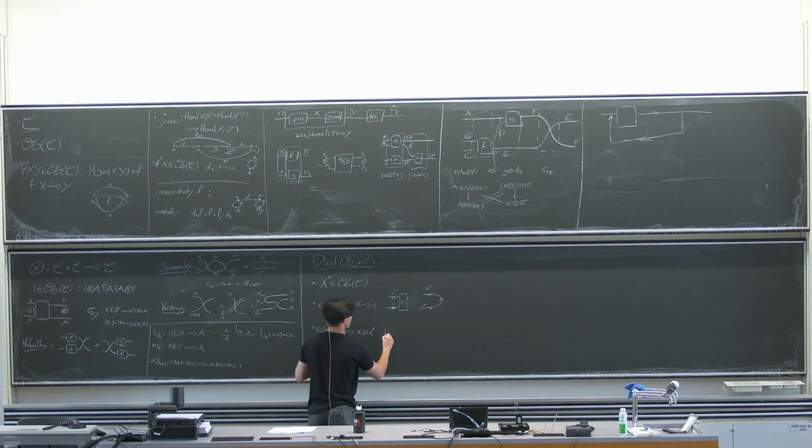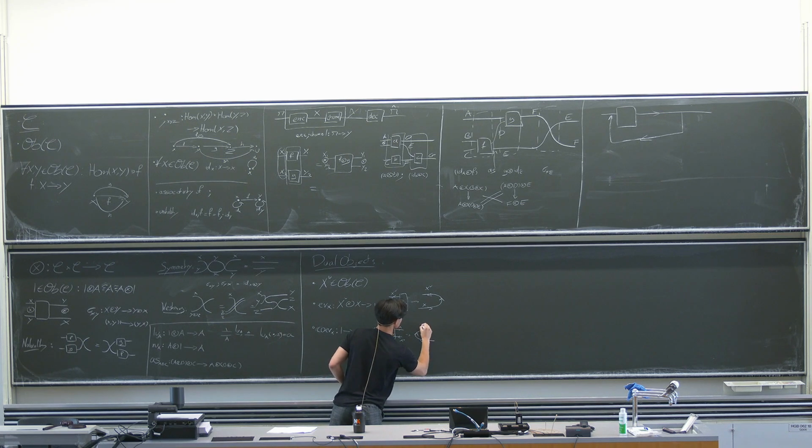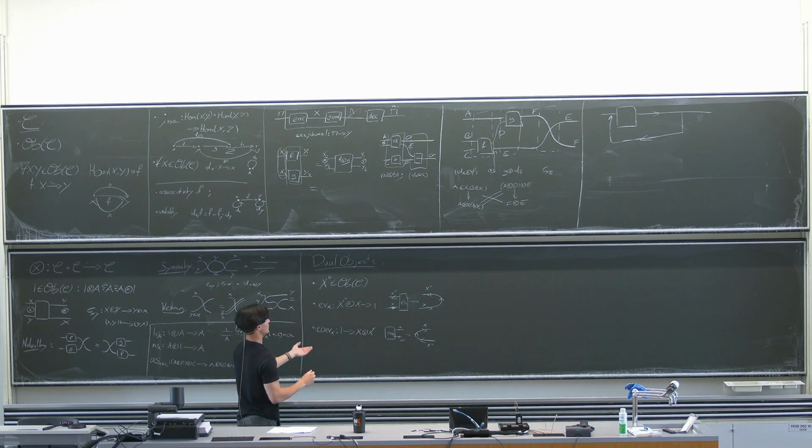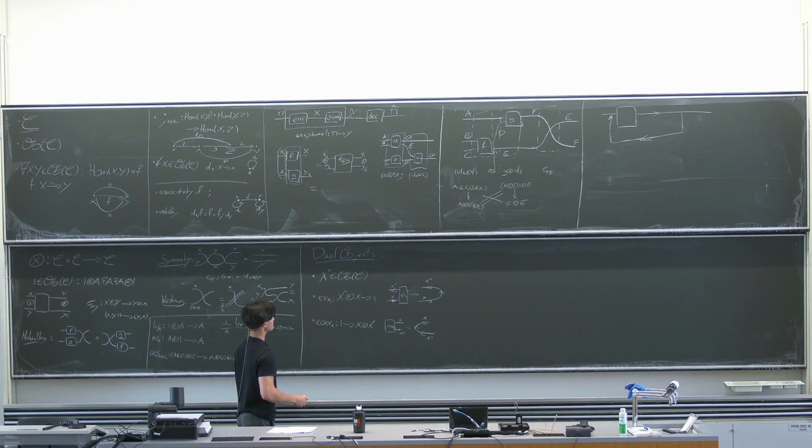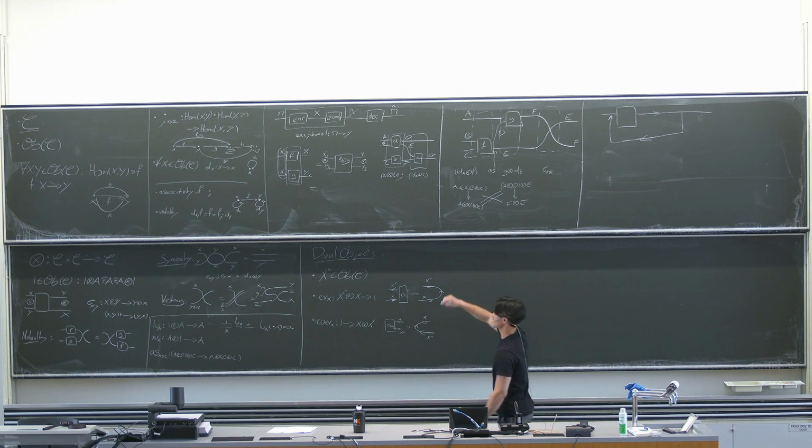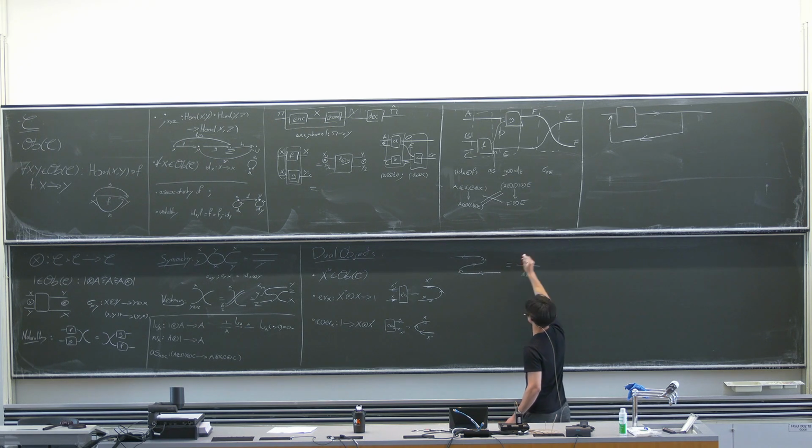And similarly, co-evaluation looks like this. So, there we go. And now we can get onto the conditions for these two objects, which we call snake equations. These two have to satisfy this, where this thing, am I doing this right? Yeah. Has to be equal to the identity over x tick.